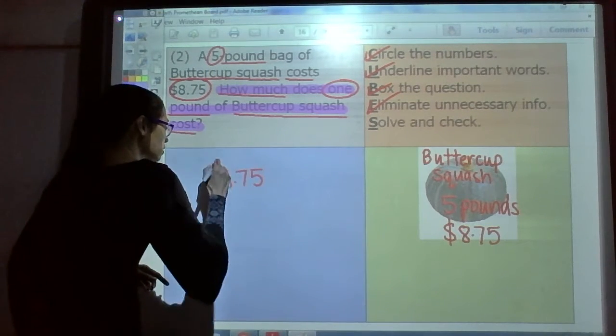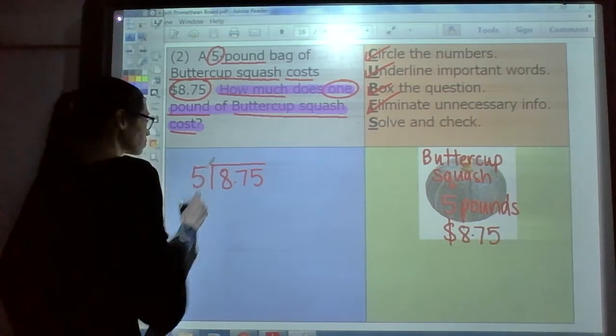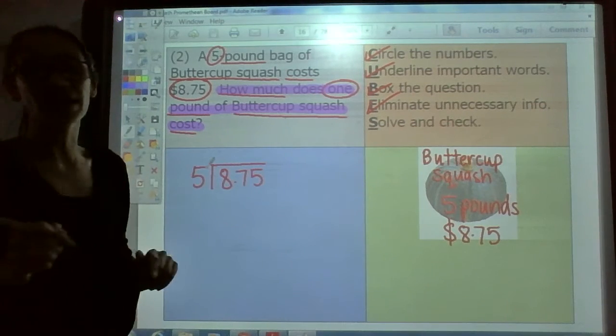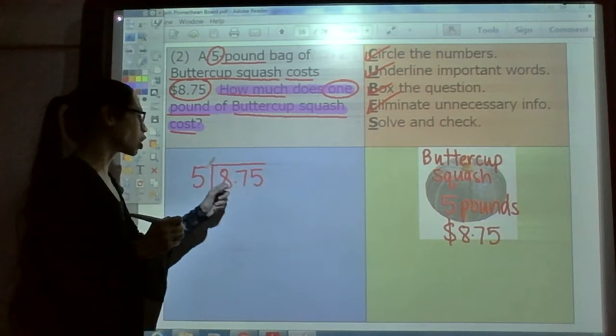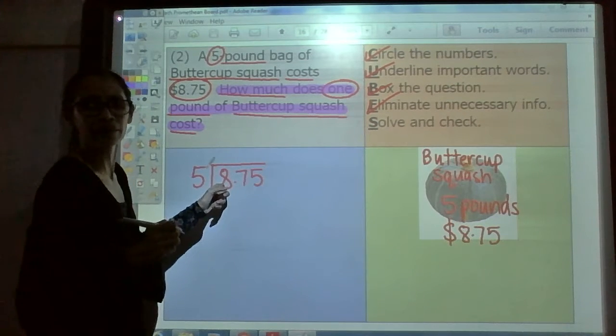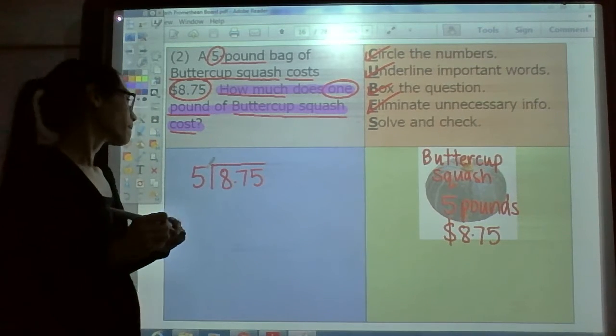$8.75 divided by 5. So set up your problem just like that. $8.75, don't need the dollar sign, can't divide the dollar sign, by 5. Now,